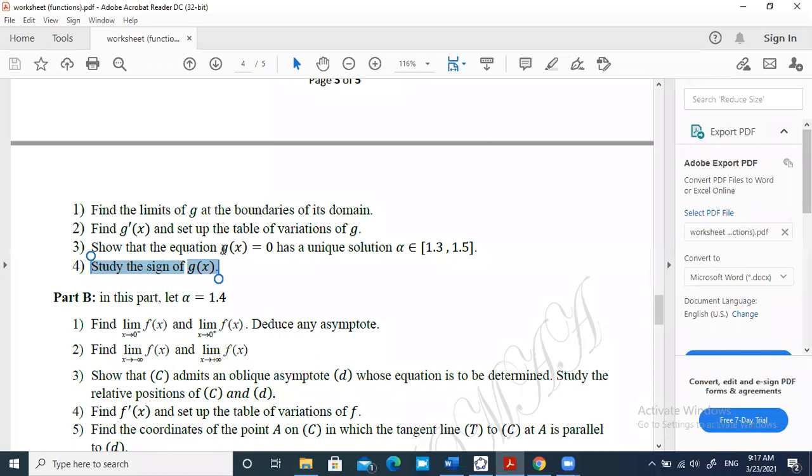In this part, let alpha be equal 1.4. We go back to the function f. f of x equals negative x plus 1 plus x minus 2 over x squared. Right? Right? Domain negative